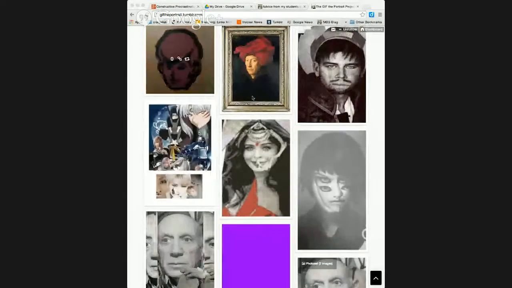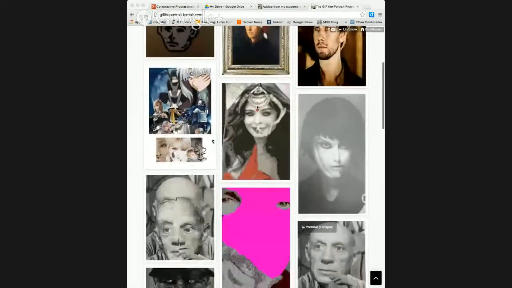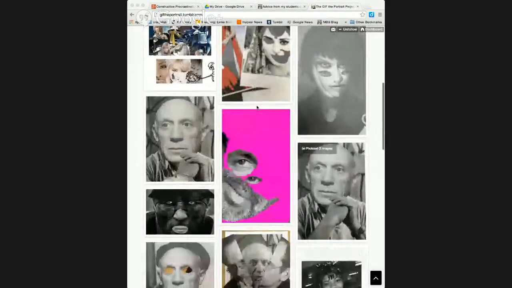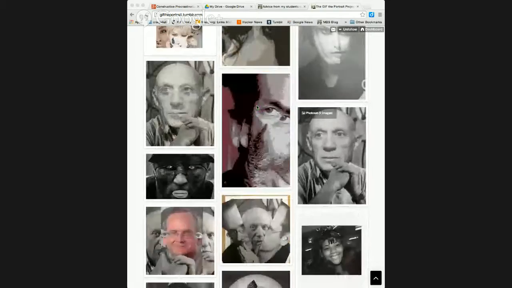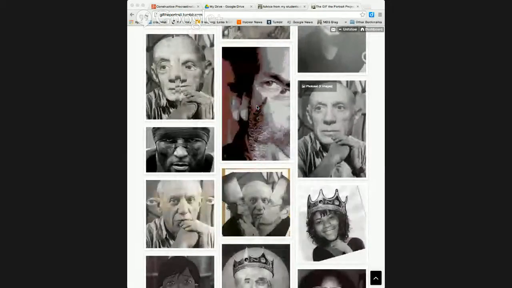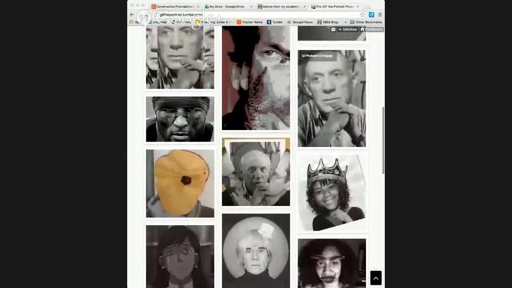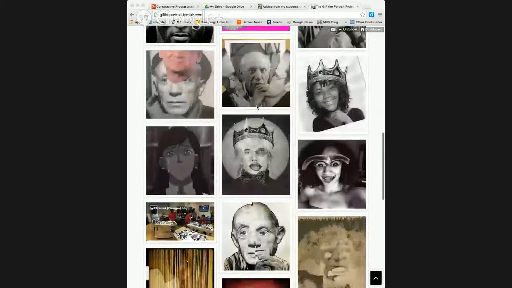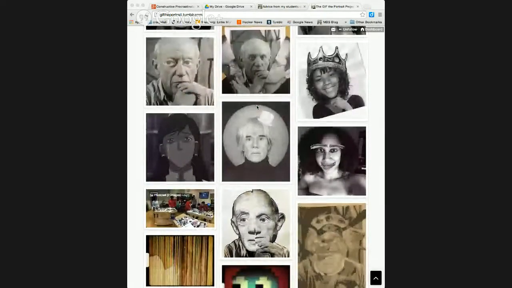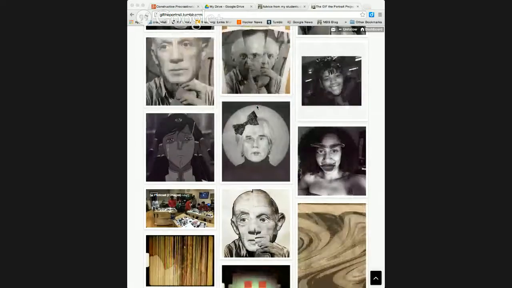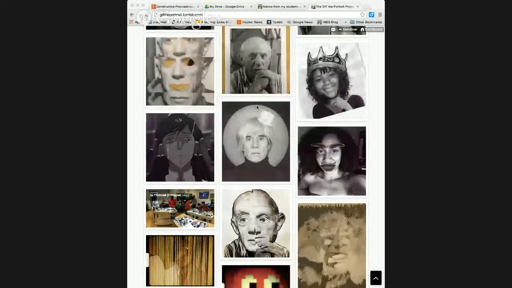So now you can see there's a lot of different approaches to this hand cutting and reworking of portraiture. Some of it's truly manual cutting and pasting and then remixing.